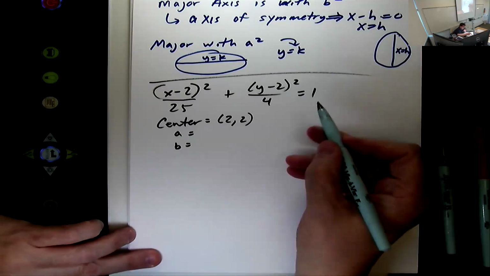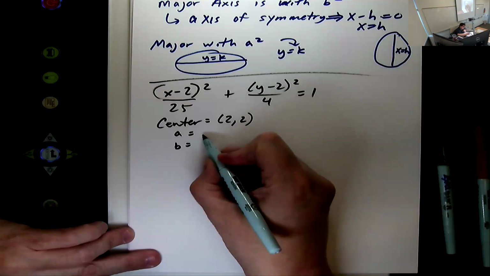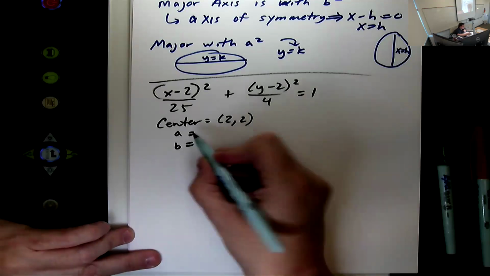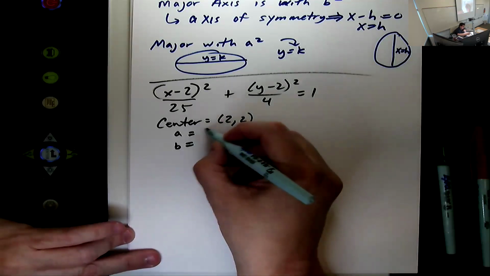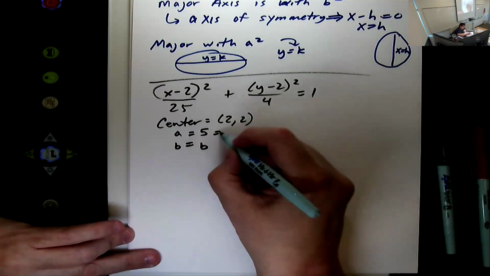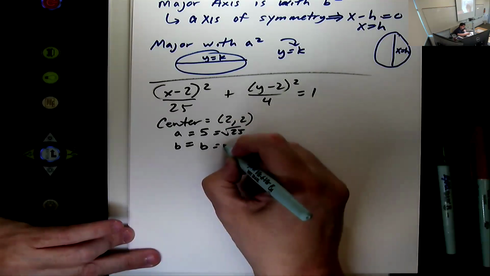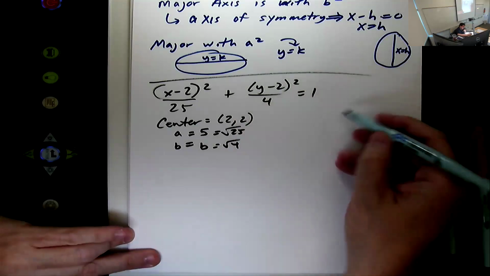Which part are you talking about, Roberto? What's A and what's B? These two. A is 5, B is 2, which is the square root of 25 and the square root of 4. So if I graph it,